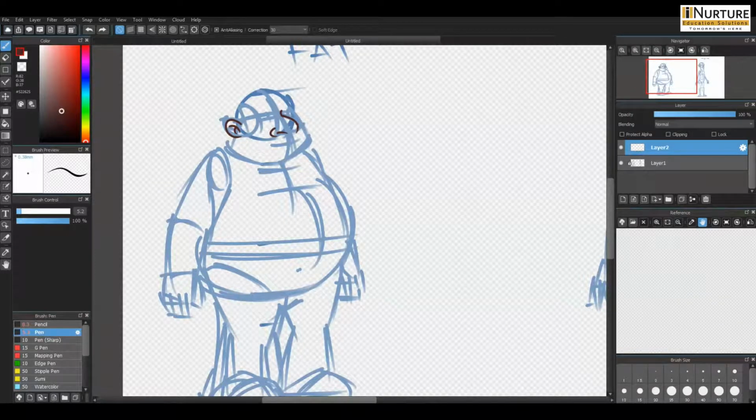This ensures that the characters and properties stay in proportion from scene to scene, and there is an interesting variety in the size and shape of the various elements in your animation.